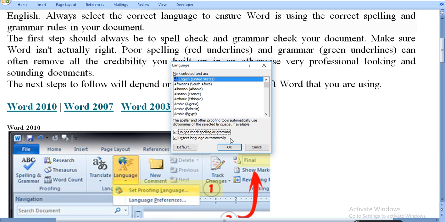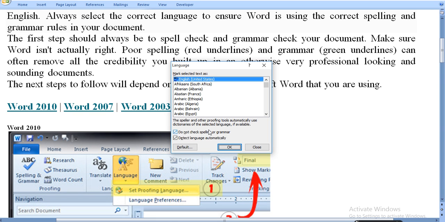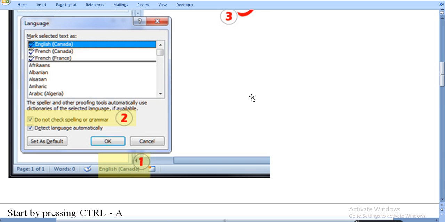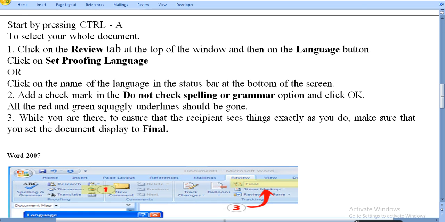If you don't know which language you have set for your computer, then press here, detect the language automatically, and press Default. Then it will make your selection permanent and press OK. This way you set the information according to your computer setting, and then the next step is select Control A, select all the info in the document,